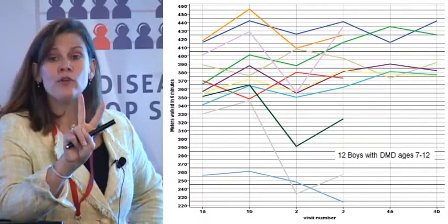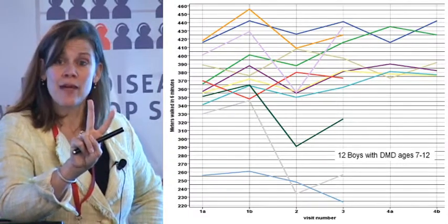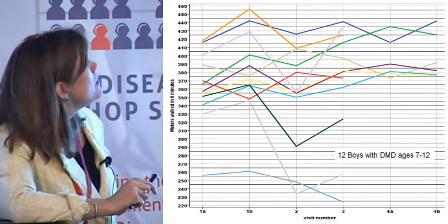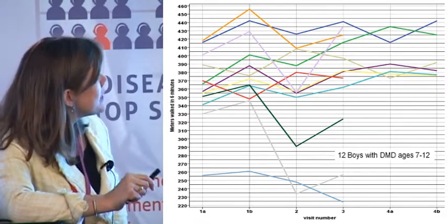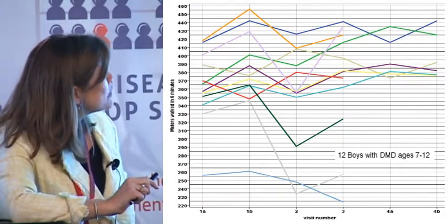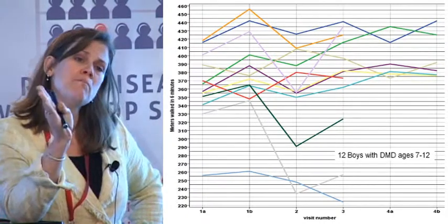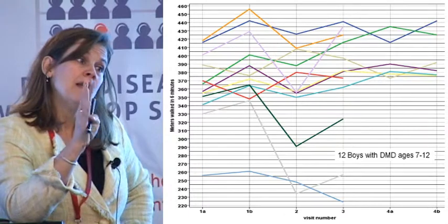And it's similar to running a half marathon for them. They're exhausted. They cry. It's difficult. So there is a learning effect, so you need to keep that into account. And if you were doing a drug study, McDonald found that there's a 30 to 30 meter difference in any